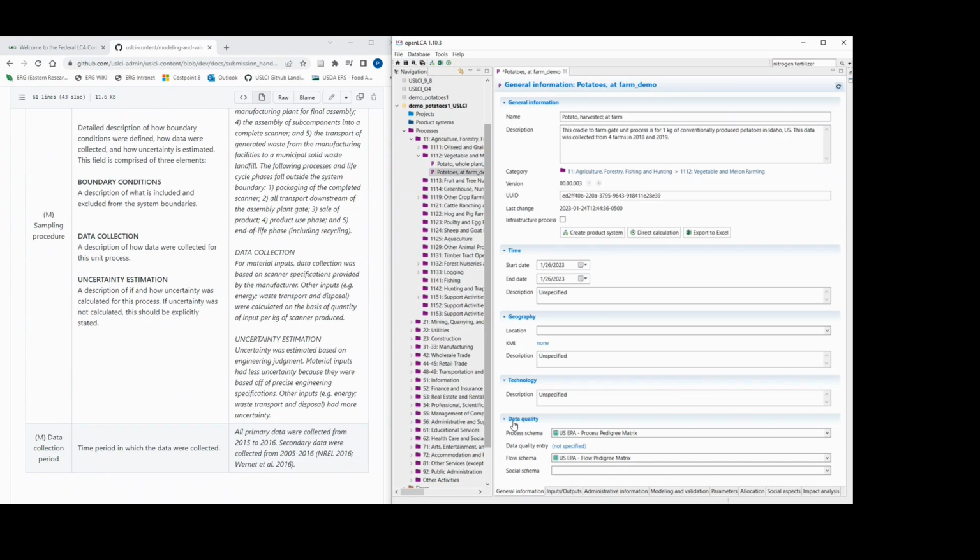So once you have all of your metadata complete for your data set, you will go ahead and submit a draft version of your data set to the private GitHub repository that has been created for your project. Then the USLCI data curators will review it and release any type of review comments. Normally these include flow mapping misalignments or missing metadata. We'll also include some guidance on how to resolve these issues if they are difficult to resolve. We can also set up a meeting and work through it together.